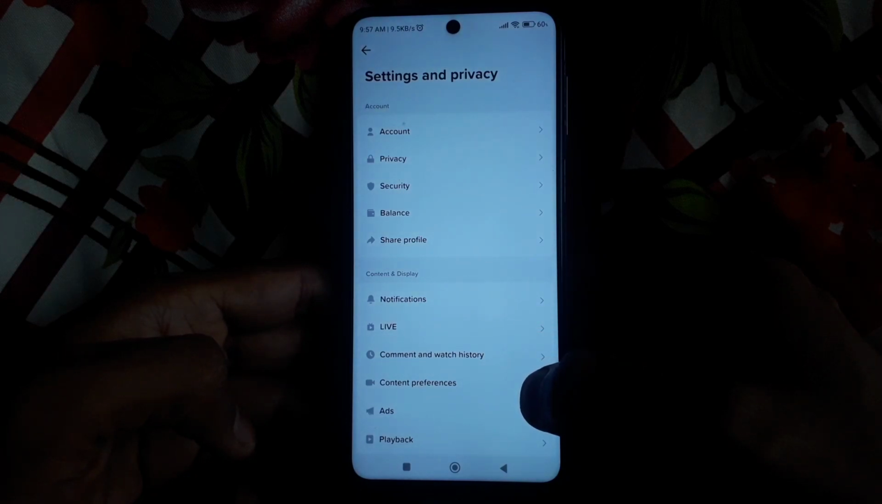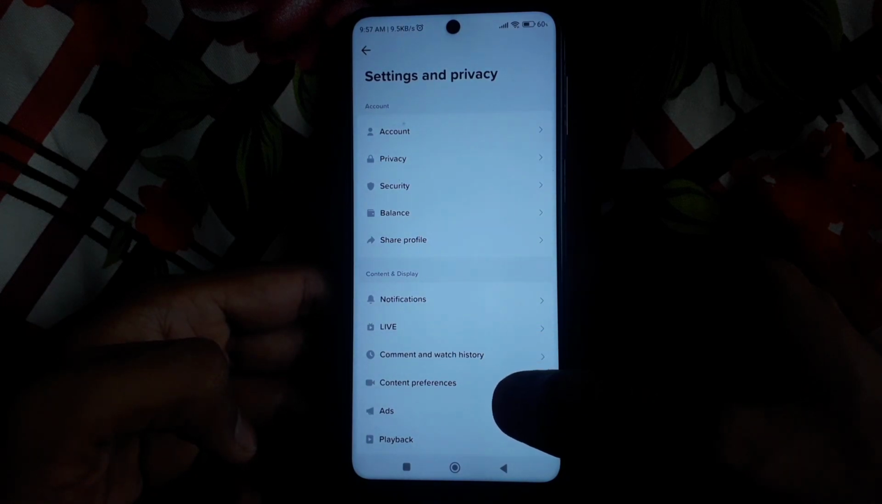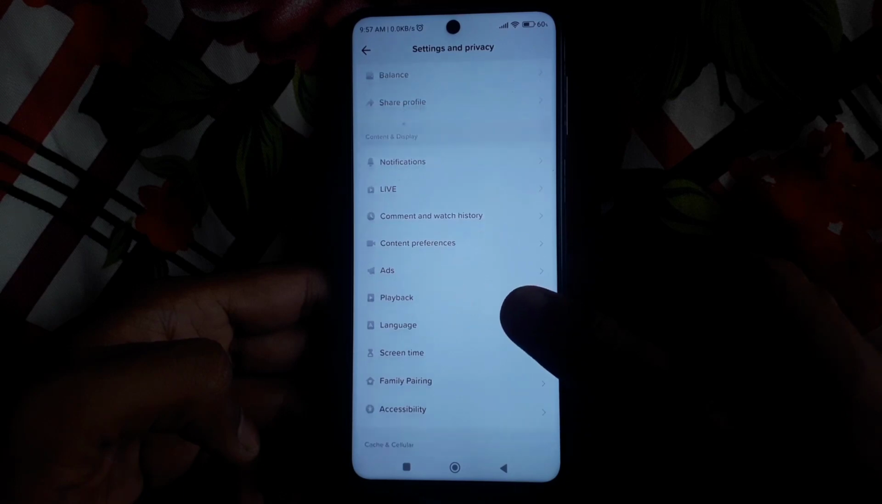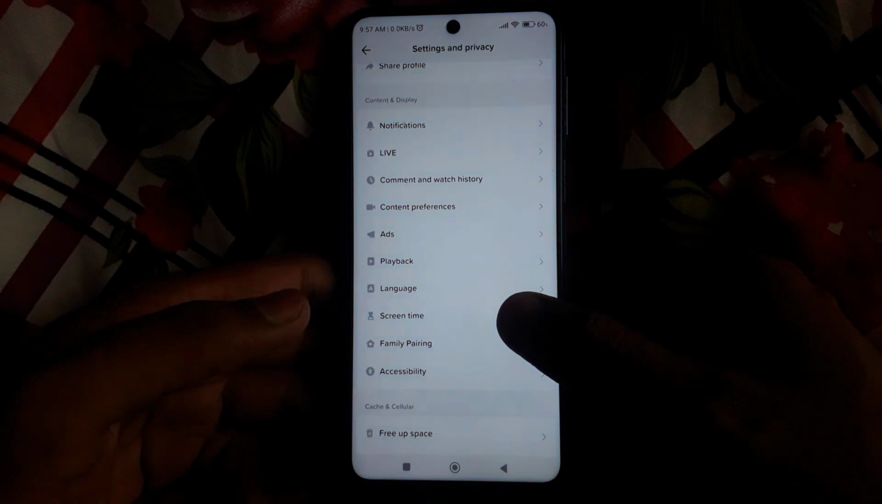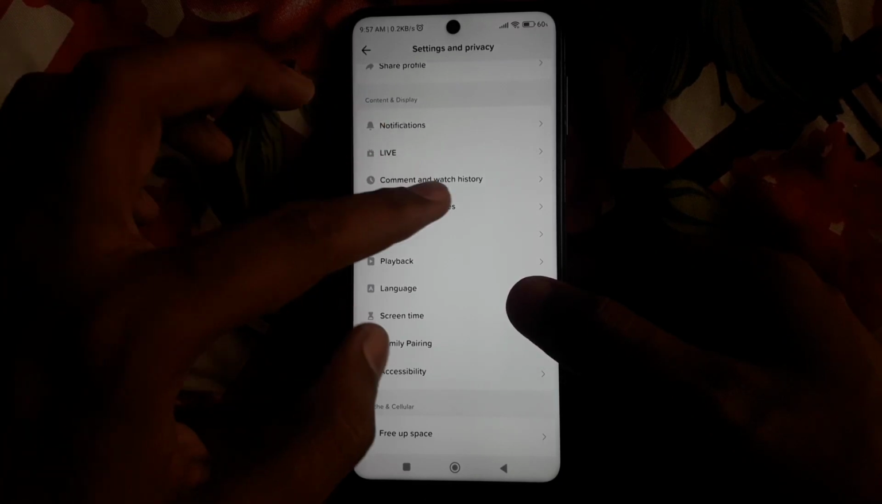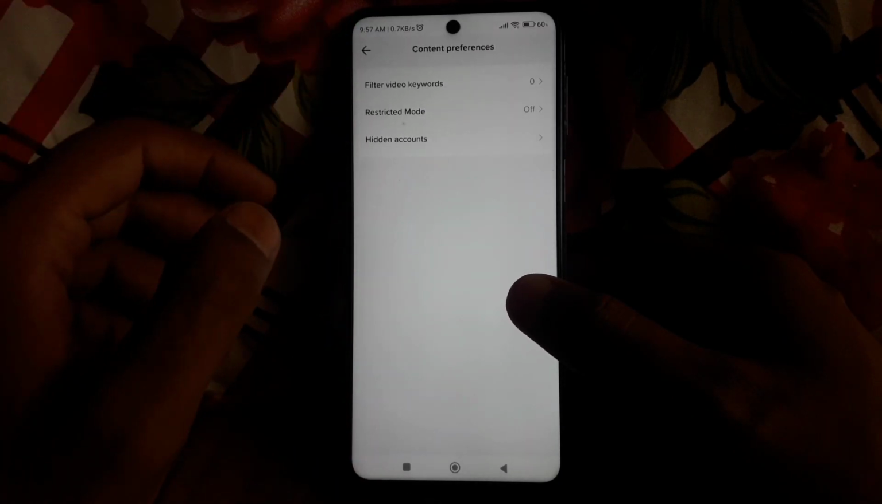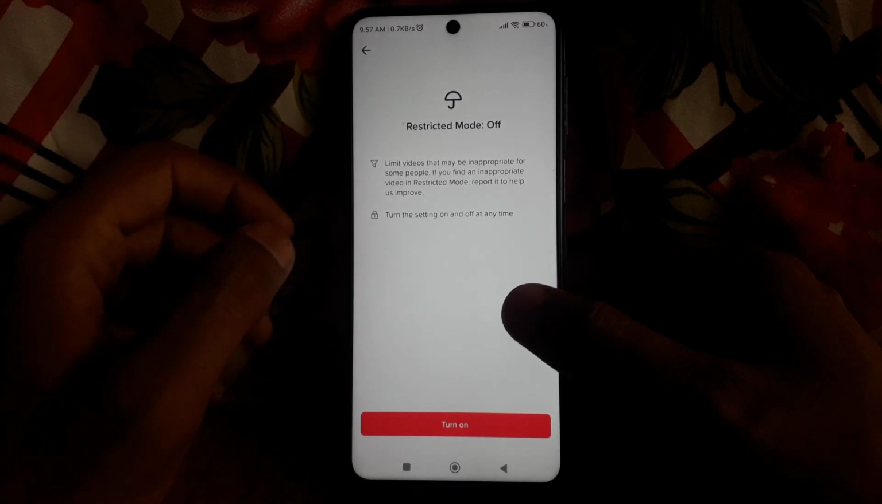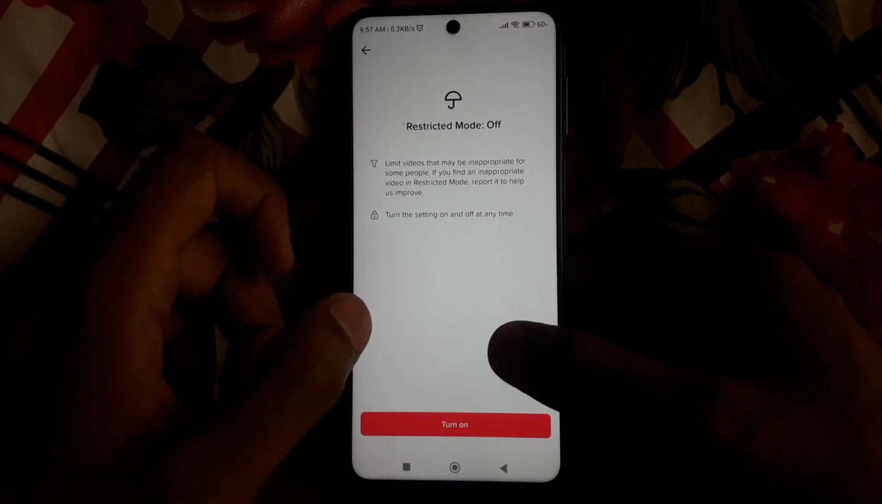If you click on settings and privacy, then you will find many options here, and you have to scroll down and you can easily find content preferences option in content and display. So you have to click on that, and here you have to make sure that you have turned off the